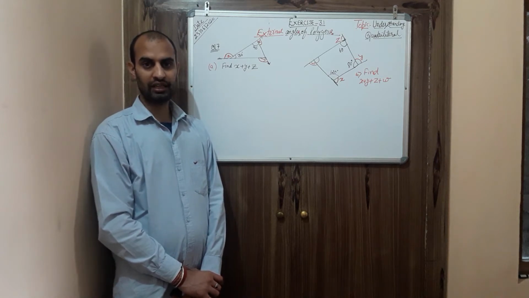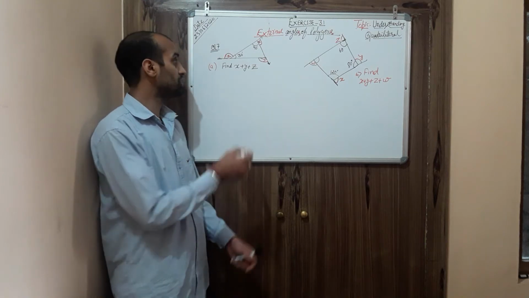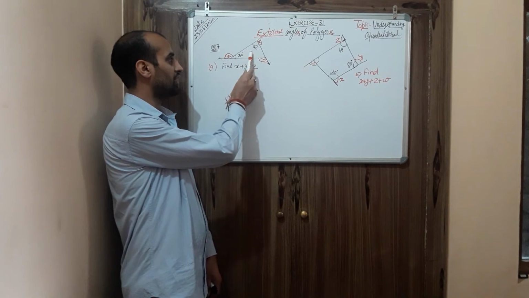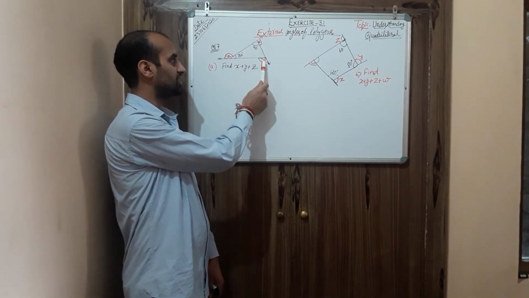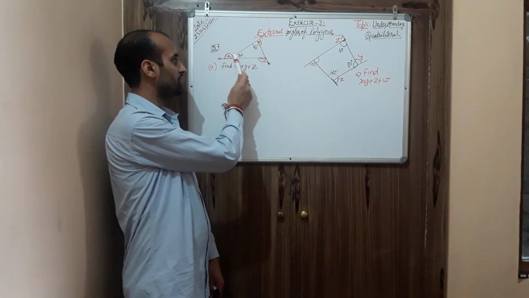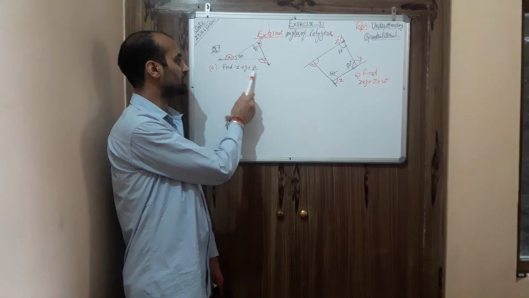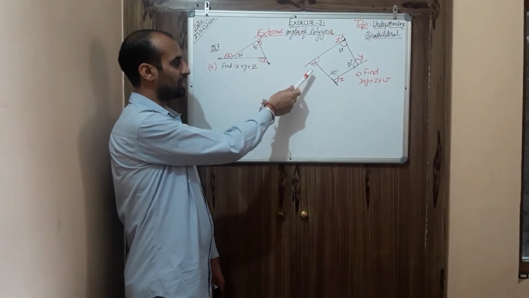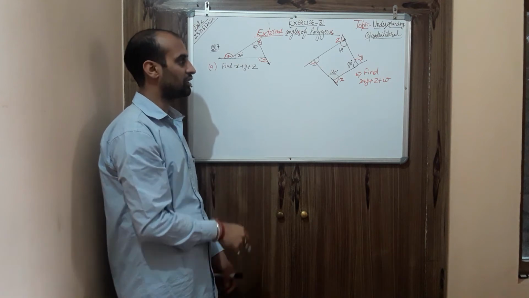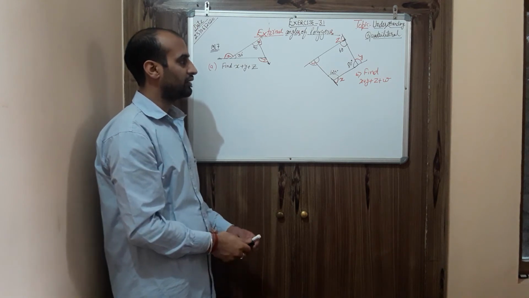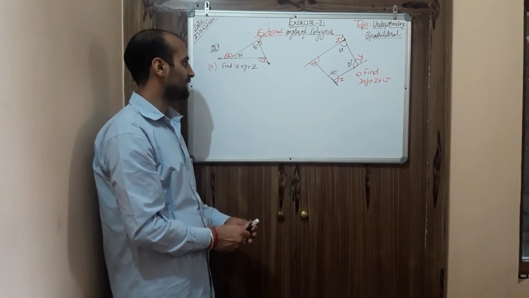So let's see now. Here we have question number 7. In question number 7, a triangle is given to you. We need to calculate the value of the exterior angles x, y, z, and finally find the sum of all exterior angles. Similarly, in the second part we have a quadrilateral, where we need to calculate the sum of angles, as well as one interior angle. So let's start with the first part.